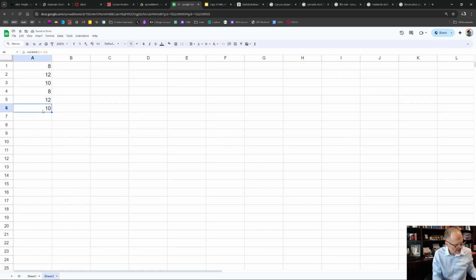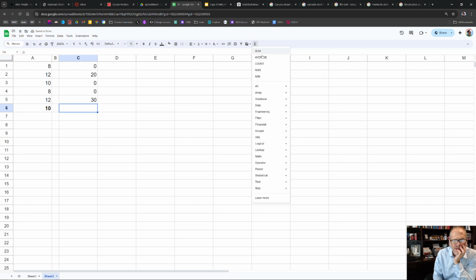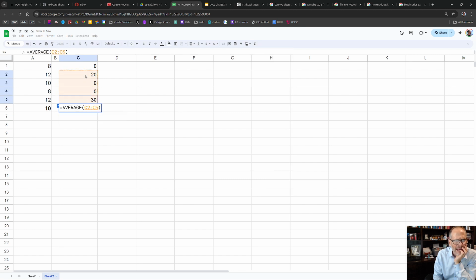That's my average. And if I had another set of data, I'm just going to create a little separator here, and then I'm going to have another set of data here, and I could have 0, and I could have 20, and I could have 0, and I could have 0 once more, and then I could have 40. And the average on this, if I have 60 and I divide that by 5, that's going to be 12. I need to get this down to 50, so I'm going to make that one 30. So now I'm going to do this again and get my average, and my average is going to be exactly the same, right?